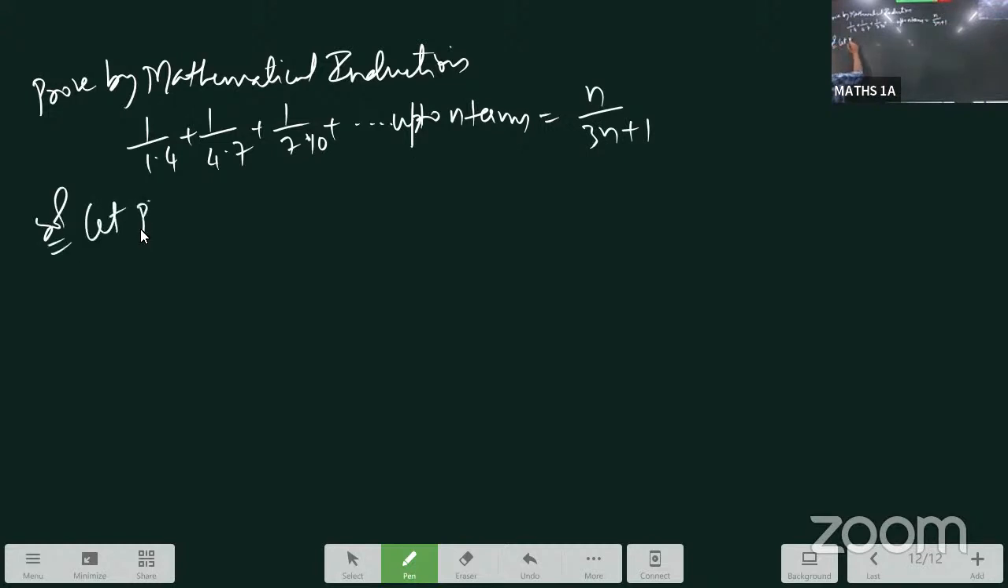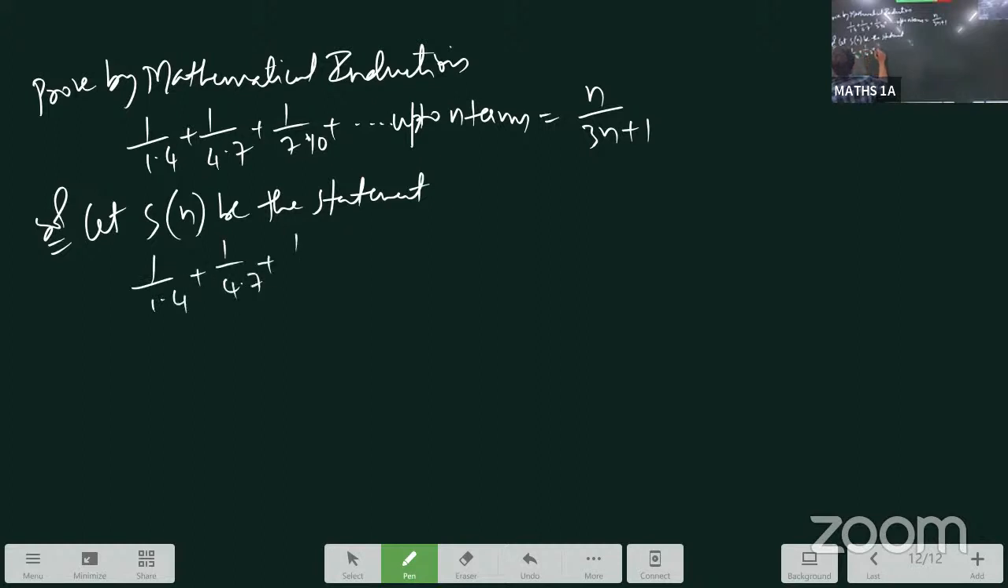Let S of n be the statement. What is that statement? 1 by 1 into 4 plus 1 by 4 into 7 plus 1 by 7 into 10 plus so on, right? Now, up to n terms is n by 3n plus 1. So your nth term is missing. In the product here